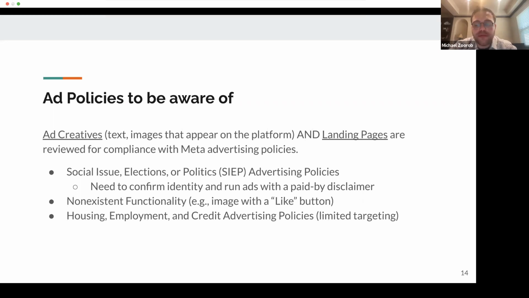And then housing, employment, and credit. I just wanted to mention that if you happen to be running ads about these topics, like offering employment, credit, or housing, there are a lot of restrictions on the targeting you can use. This is in order to prevent discrimination. So you're asked to flag your ad as one of these categories before running, and if you do, it will limit your targeting options.